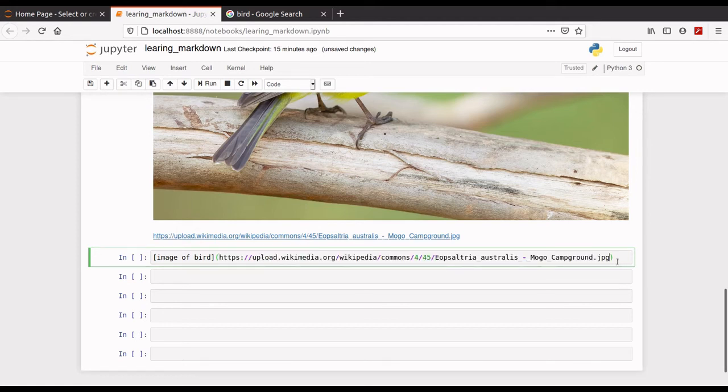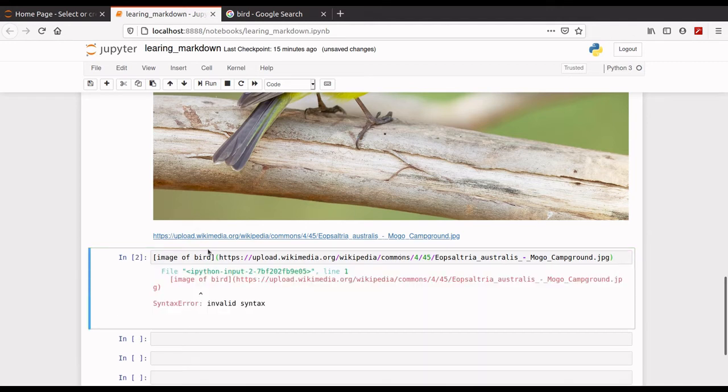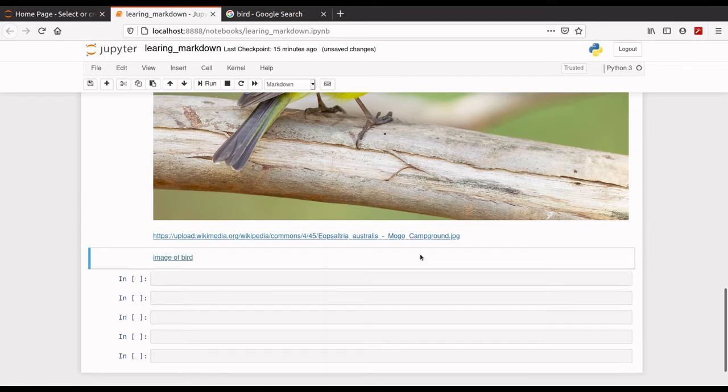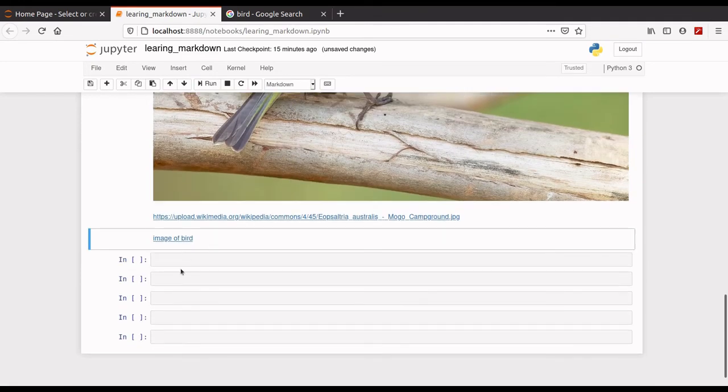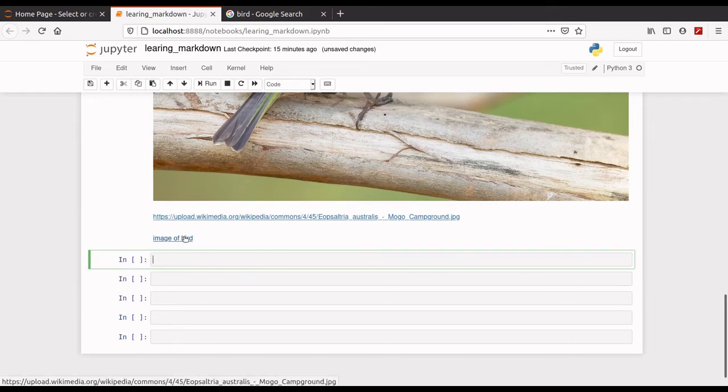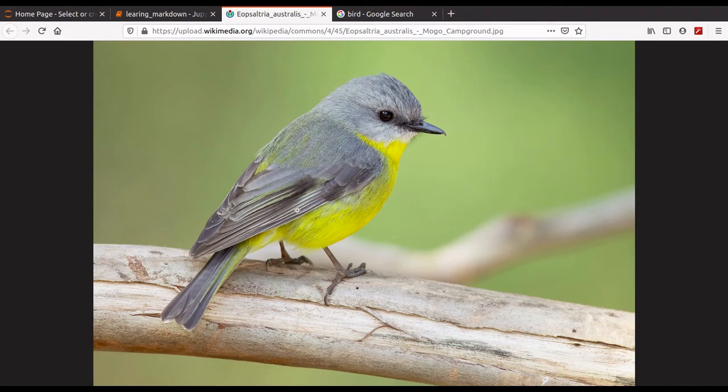Yeah, now click Ctrl plus enter. Yeah, look, here is the image of your link. If you click it, then it will take you to the image. Now look, after clicking I am here.